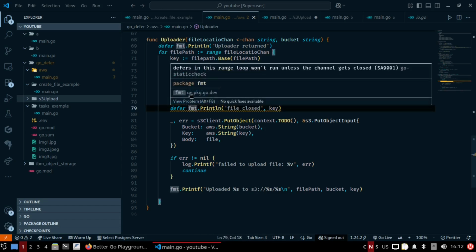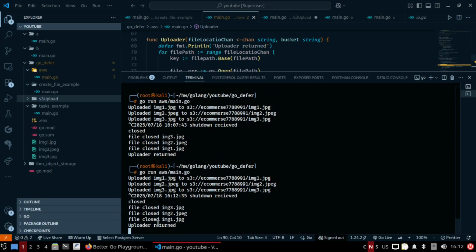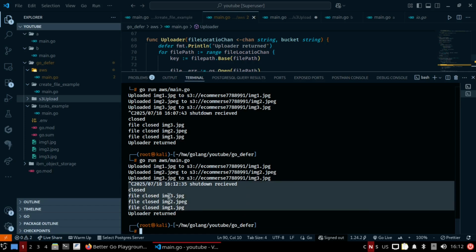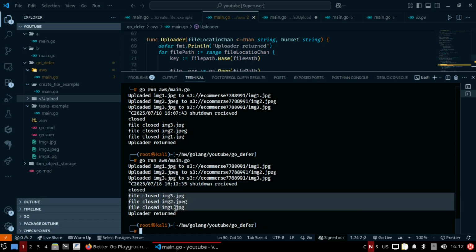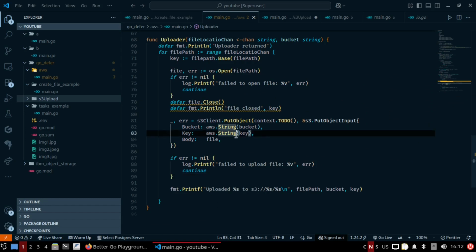So it is not the end over here. When I close that using Control C, I hit it, and then the files started closing, like 3 to 1 in reverse order. But yeah, this would be resource intensive when you would deploy it over